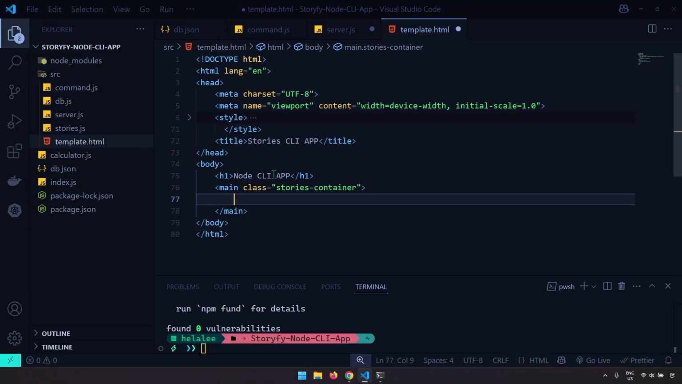Now, if you have any prior knowledge of any other backend framework like Flask or Django or whatever, you might have seen something like this. So you have double curly braces, and then you need to pass in some sort of a placeholder that we are going to replace with all of the stories that we receive from the backend. And I'm going to call this placeholder stories. Now, the reason behind this is that we want all of the stories that come from the server, if we want to show them in the browser, to be placed somewhere,